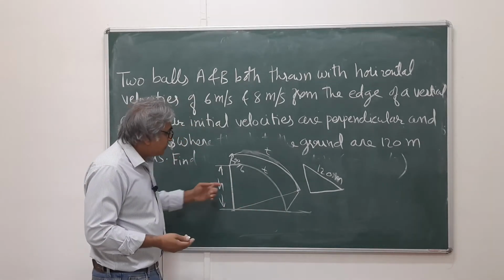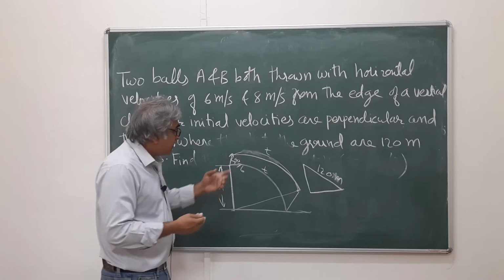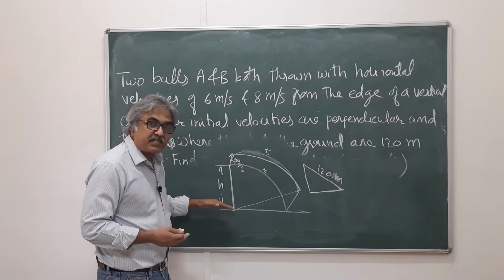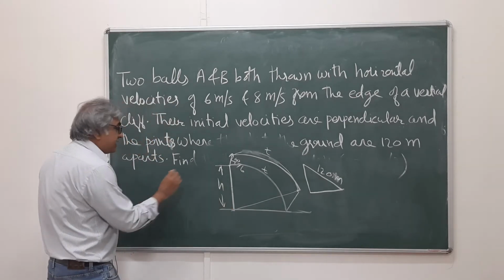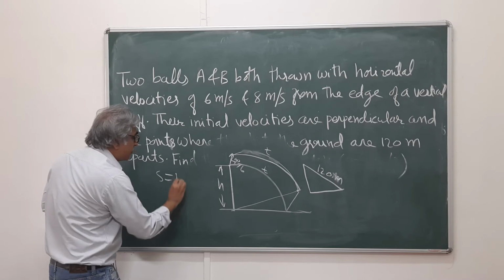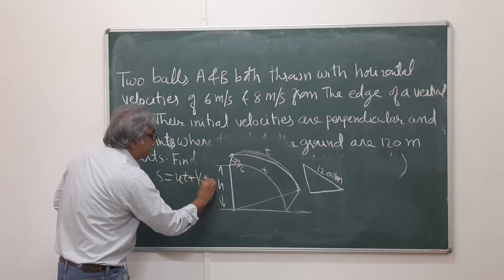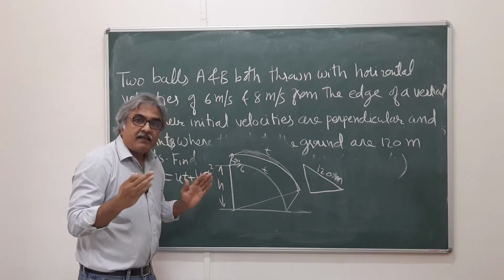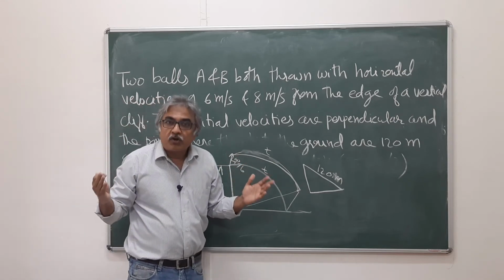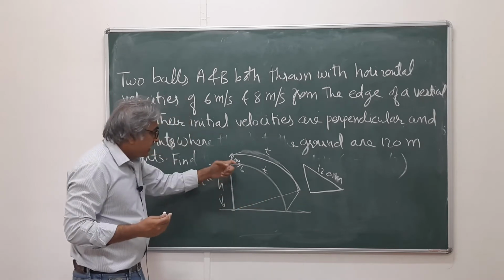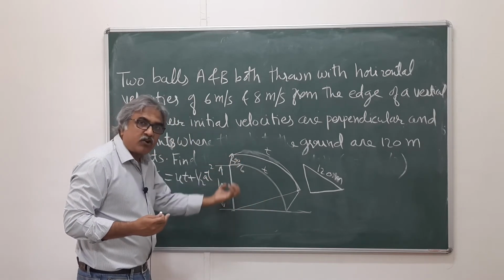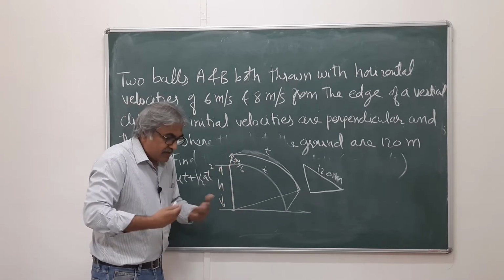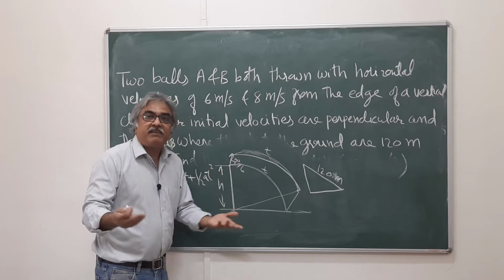So when we want to find out h, there is a relationship between this time and h, because that relationship is given by vertical displacement s is equal to ut plus half at square. This equation is valid for both the balls. Imagine, separate the vertical motion of the projectile and horizontal motion of the projectile. Vertical motion: imagine the ball is just being dropped, because its initial vertical velocity is 0. Then it gains velocity and it reaches the ground. Both of them will reach in the same time.